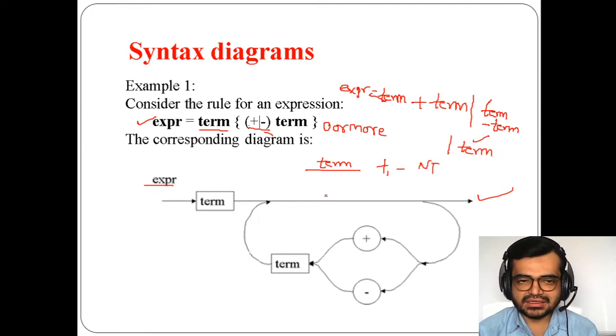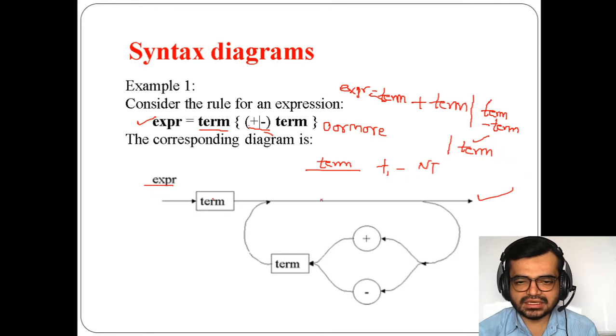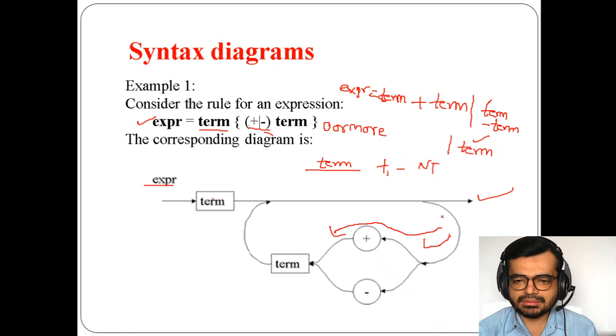For example, if you are taking expression equals term plus term, how will things perform? This term will come, and here this sequencing will be followed. Term again, plus term, and again it gets completed.